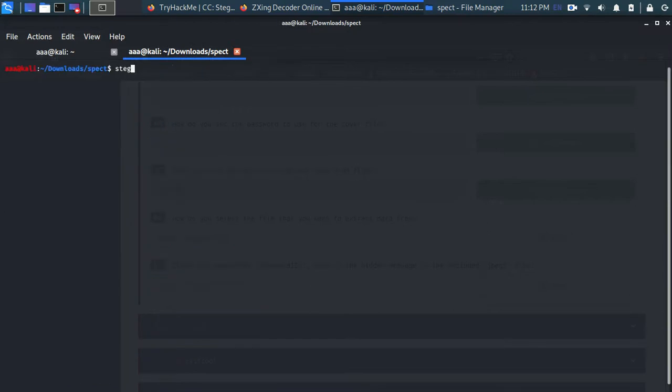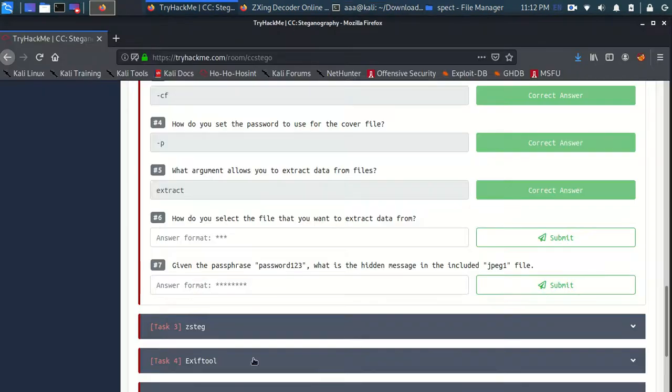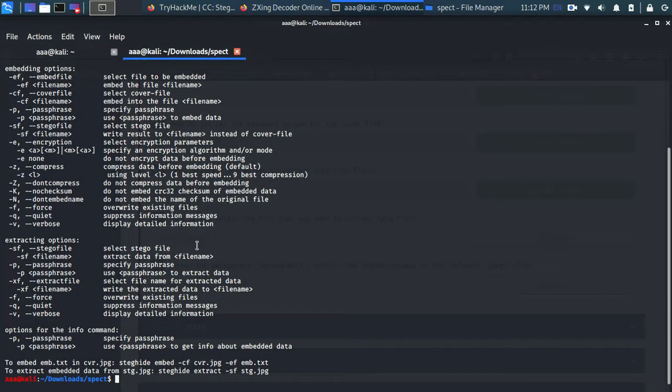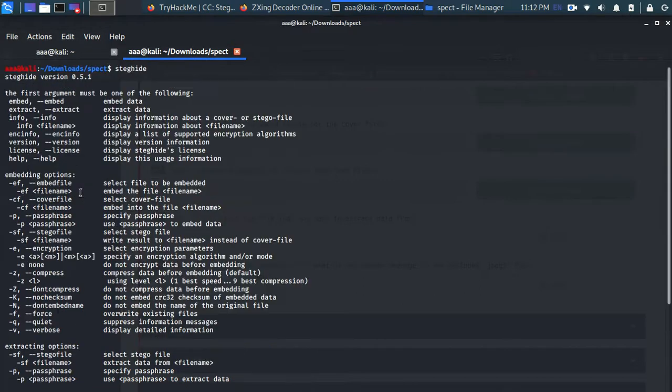We want to find the hidden message inside this picture. I just cannot find the hidden message normally. So firstly I'll choose StegHide, and I'll choose extract. This is to extract data, because that person had embedded information, and now I need to extract that.